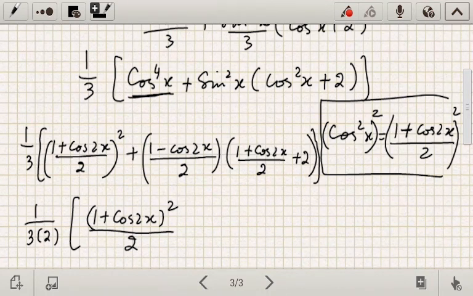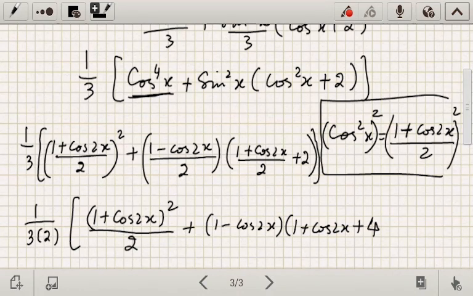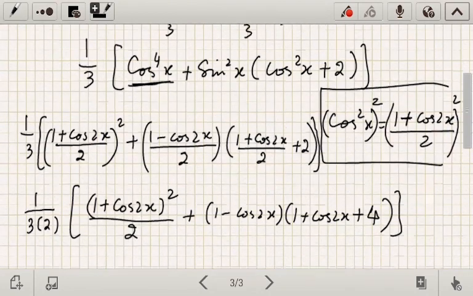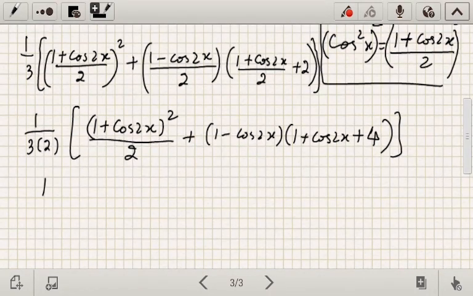So plus 1 minus cos 2x into 1 plus cos 2x plus, it will be 4 here, right? So then we can write it down as 1 over 6 into,